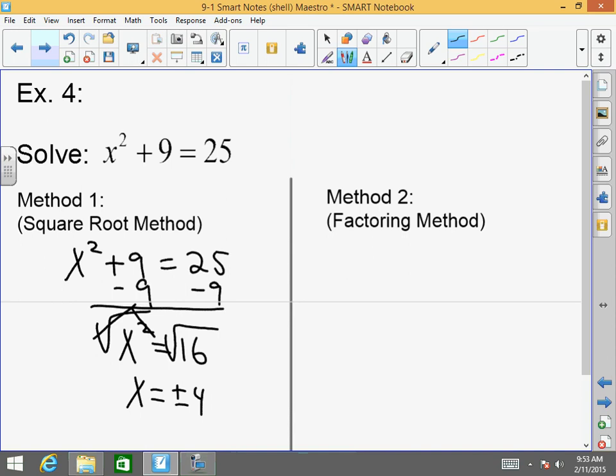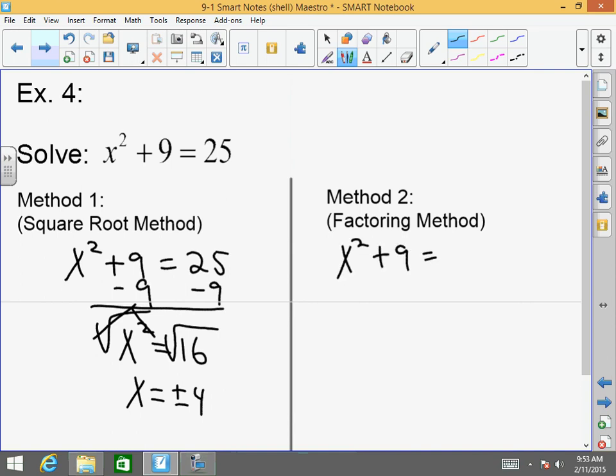Now, for our purposes in geometry, you are usually going to use the positive root only. Why? Because you cannot have a negative side or a negative distance. So this is the square root method. Factoring method. If I wanted to factor this bad boy,